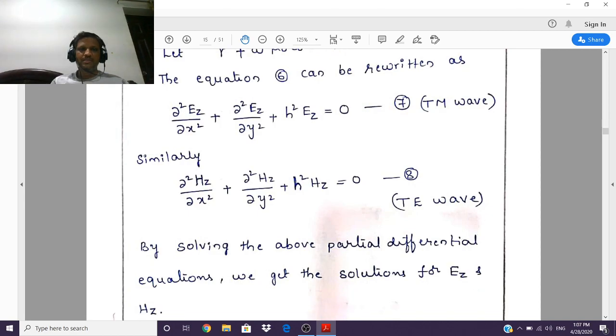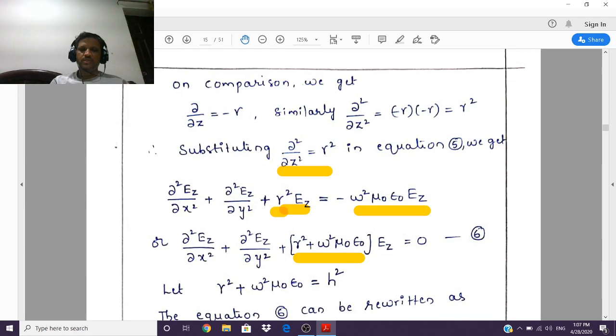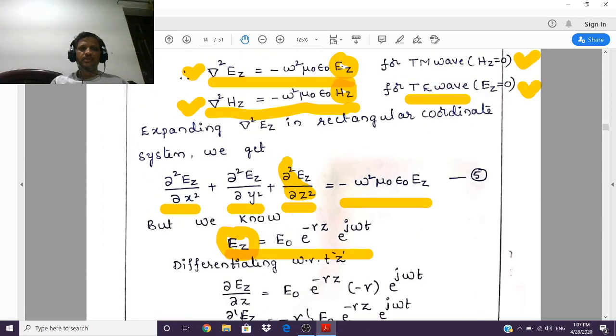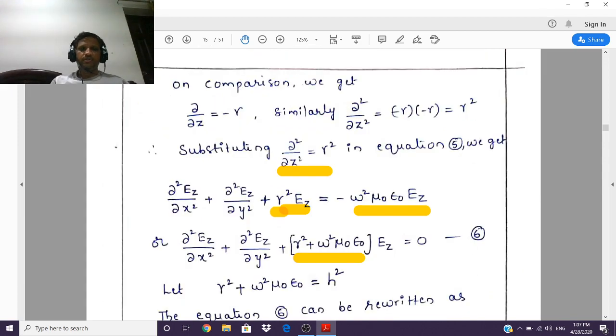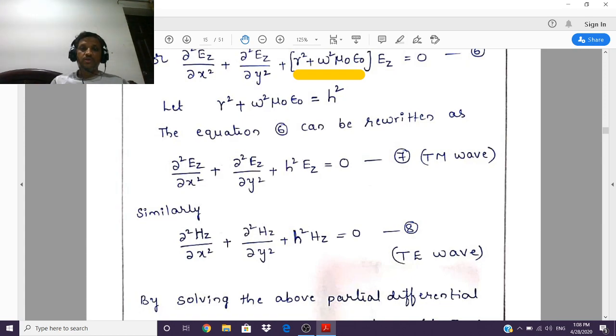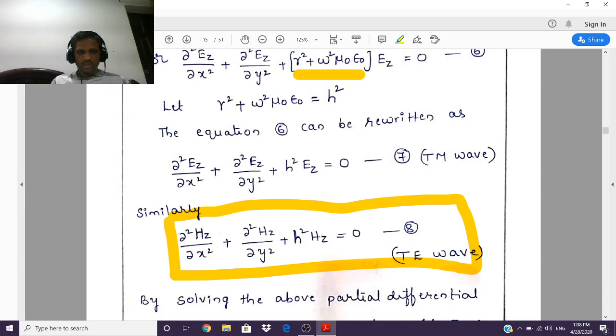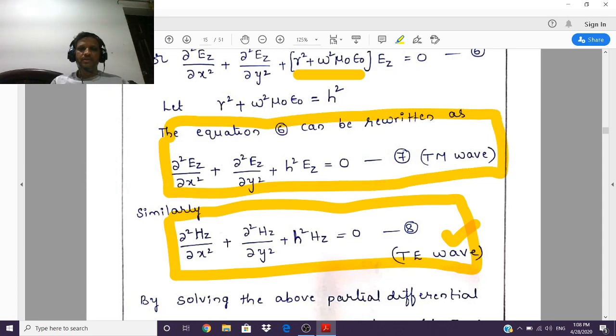And similarly, if you do the analysis for the equation shown here, this del square Hz, if you expand it and substitute ∂²/∂z² equal to gamma square, and bring the right hand term to the left hand side, what you will be getting is this equation, which is ∂²Hz/∂x² plus ∂²Hz/∂y² plus h square Hz is equal to 0. I'll be using this for TE mode of analysis. So this equation will be used for TM mode of analysis, and this equation will be used for TE mode of analysis. In both cases, we will be finding the solutions of Ez and Hz,